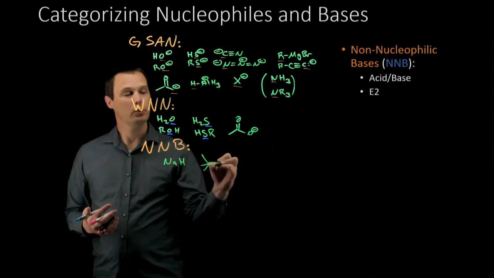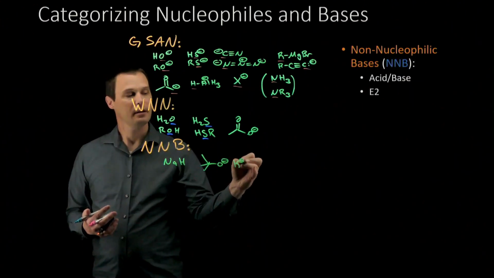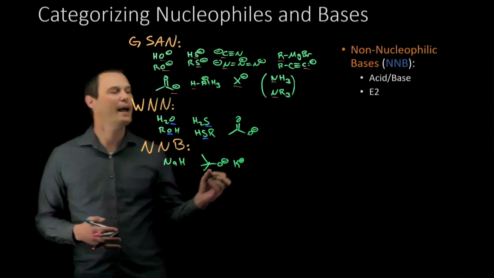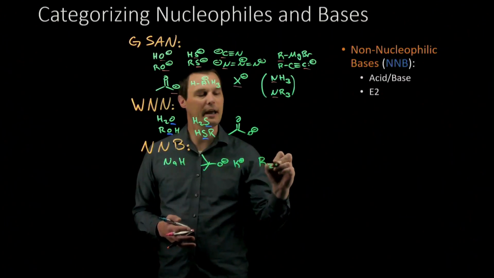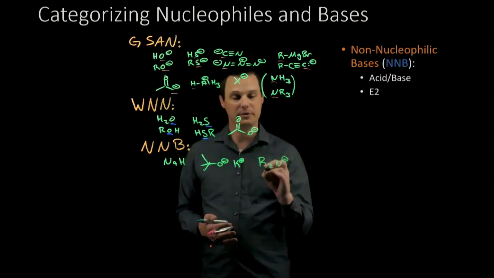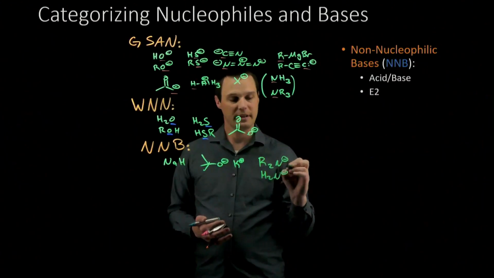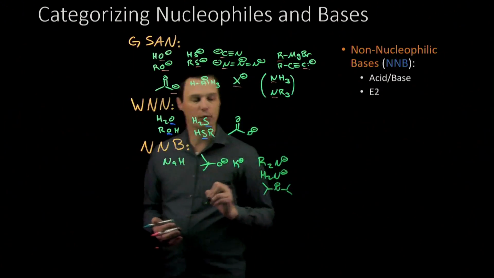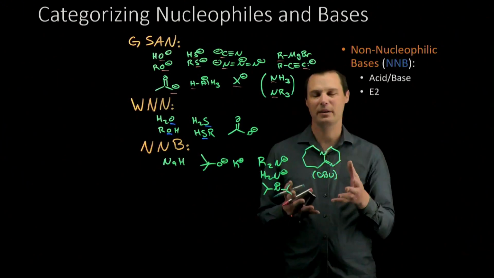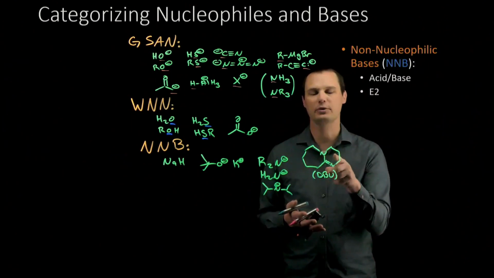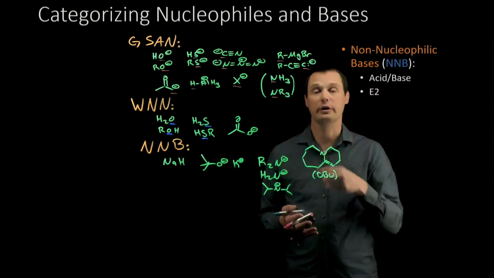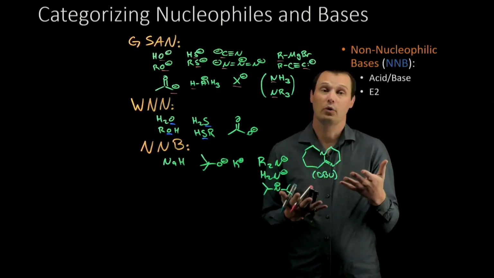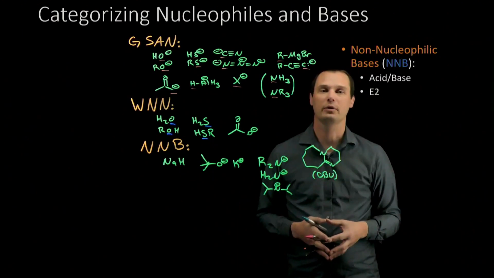The prototypical molecule in this category is potassium t-butoxide. This is the generic non-nucleophilic base, the prototypical one that we think of probably most often. In general, any deprotonated amine is also going to be a non-nucleophilic base. The most common examples of that are H2N-, we often see that as NaNH2, or LDA, which is lithium diisopropylamide, with two isopropyl groups on either side of the nitrogen. The last base I'll include in this category is DBU. It's a 7-atom ring next to a 6-atom ring. I've got a separate video down below on getting good at drawing these different sized rings. This is more of an exotic base. We don't necessarily see it all the time. You may not even see it in your course at all, but if you do, this is the structure of DBU, and it's a non-nucleophilic base.